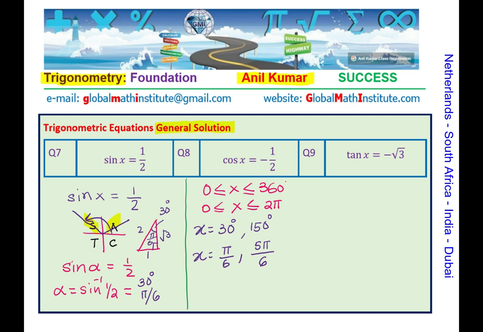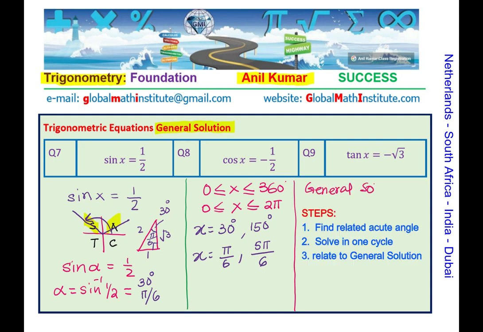So that is another step. The last step is to how do we write this as a general solution, right? That is what we are looking into. I'm taking this opportunity to walk you through all these steps so that things are absolutely clear. So first step was to find the related acute angle, then all possible solutions within the standard domain of 0 to 360 or 0 to 2 pi,